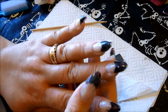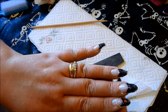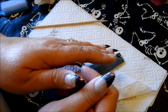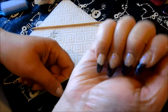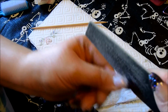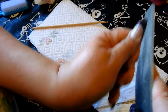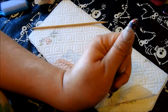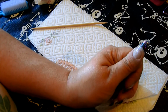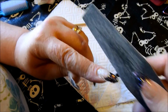Okay, so I have the nails on now, and the dual forms have come off, and I'm starting to shape. I'm kind of going for an almond shape. So I just file a little bit on each side until I get as even as I can. We're going to call that one good. Go on to the next one, and